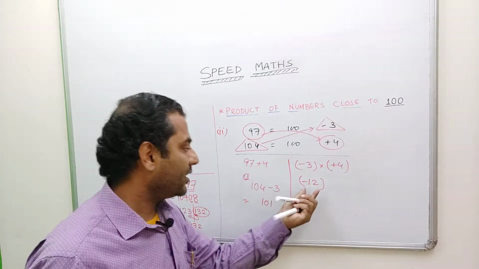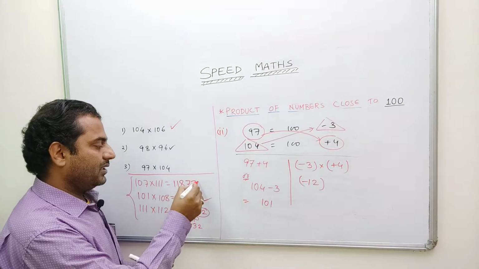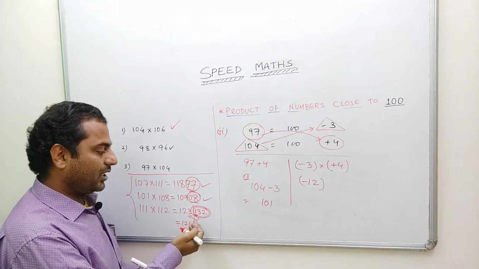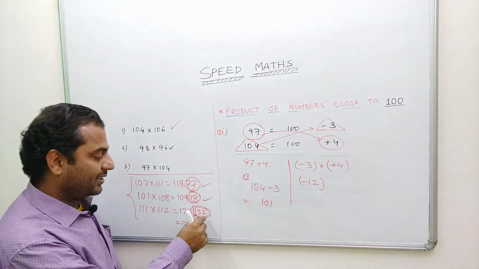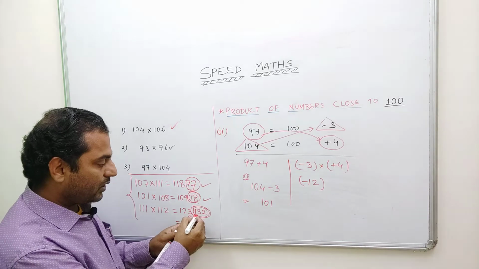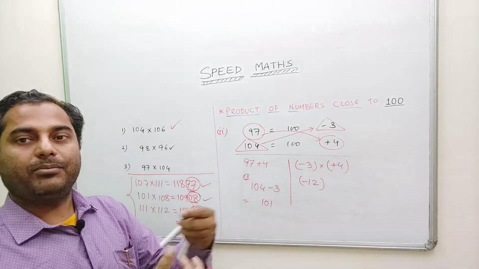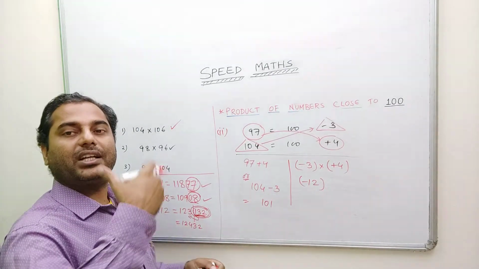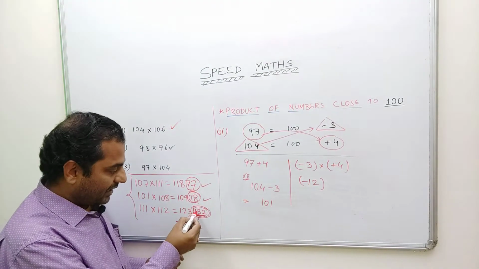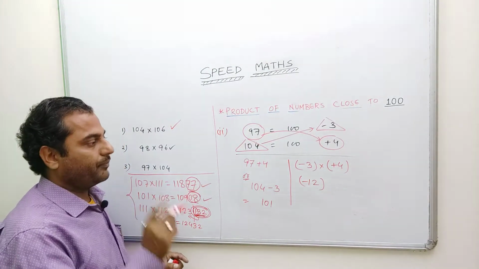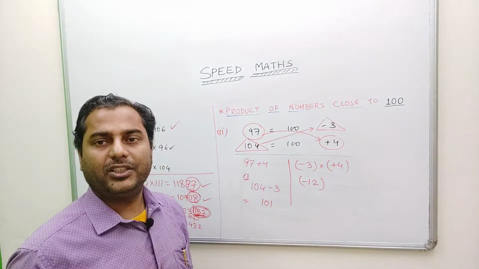Now always I have said that on the right hand side it should be a 2-digit number. For example, 08 was permissible, 77 was permissible, and when I got a 3-digit number, 132, what we did was shift this 1 towards the left, making it just 32 on the right. So what was the concept? The number should be from 0 to 99, right? I cannot have a number which is less than 0, or a number which is more than 99. The moment it is a 3-digit number, I will shift whatever is at the third place towards the left. Using that, this number minus 12 is less than 0.